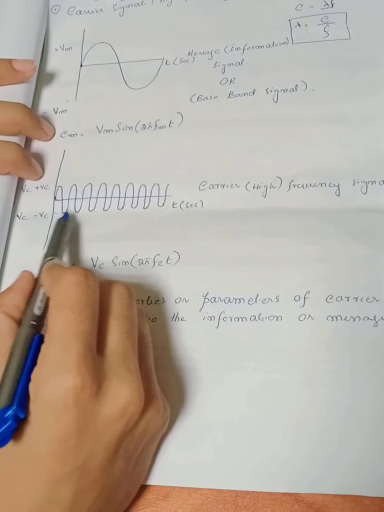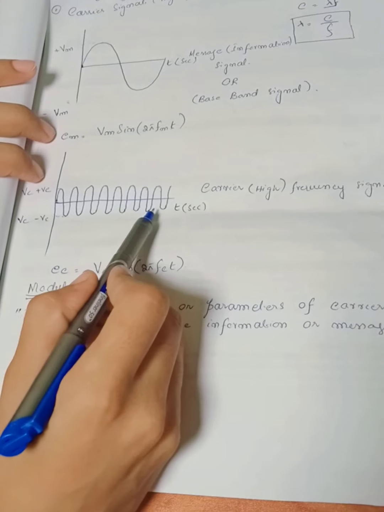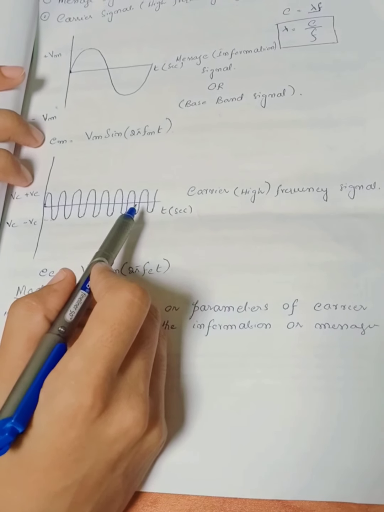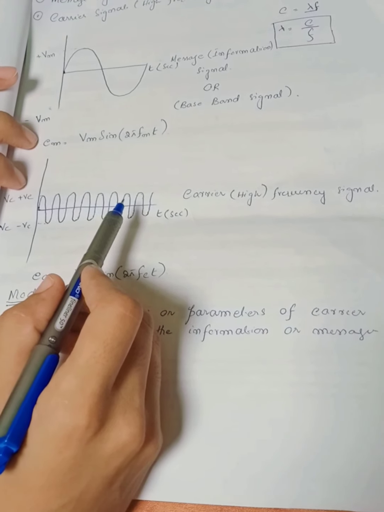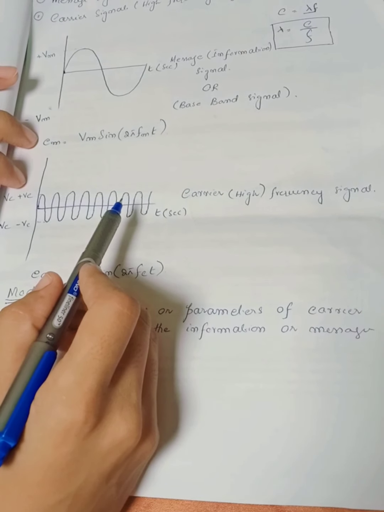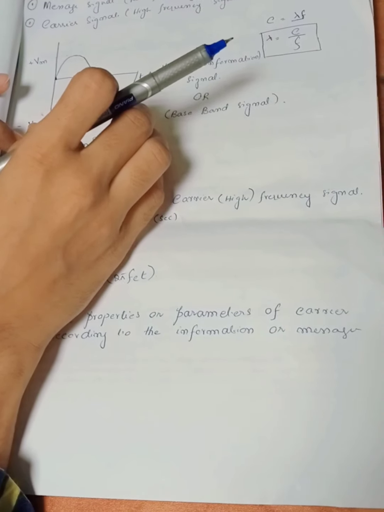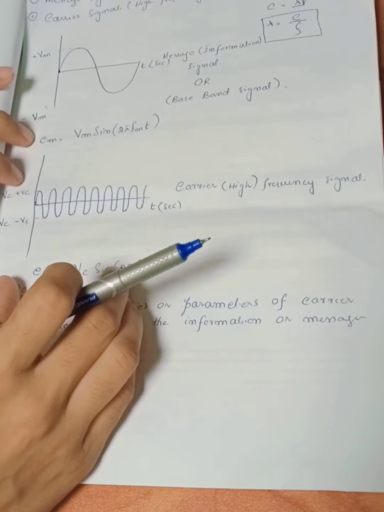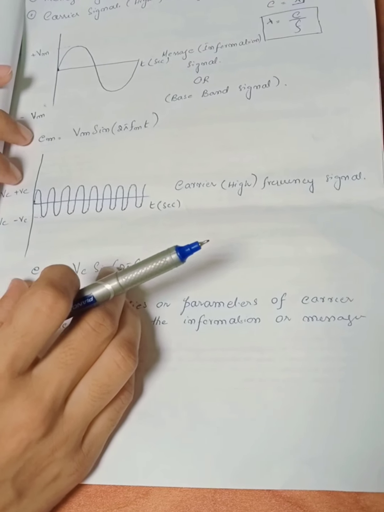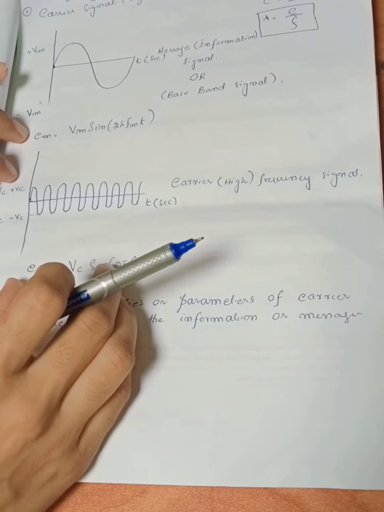Another type of signal is the carrier signal, that will actually carry the information from sender to the receiver. So this is our carrier signal, that is a high frequency signal. This is also known as a radio frequency signal. We will use the trainer to perform the amplitude modulation, from which one block is used to create the information signal, and another is used to create the carrier signal.